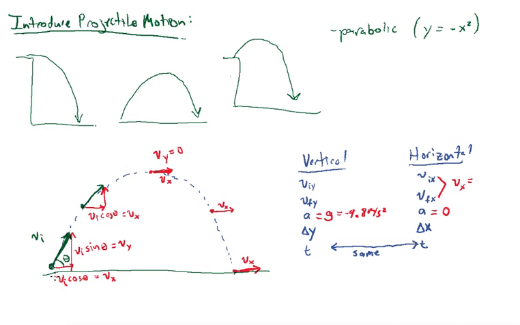If you remember from the perfectly vertical problems, at its highest point, the velocity became 0. So it's similar to that here, it's just that at its highest point, only the vertical velocity is 0, not both of them, because this horizontal doesn't change. And then as it goes back down,